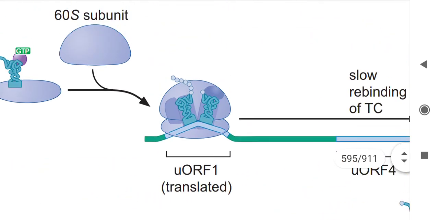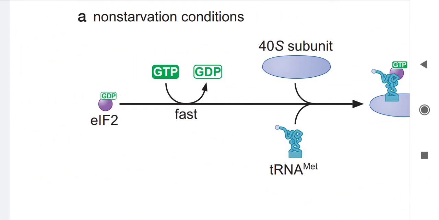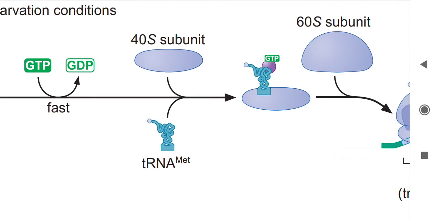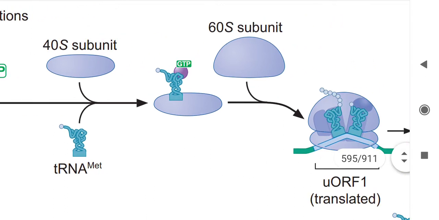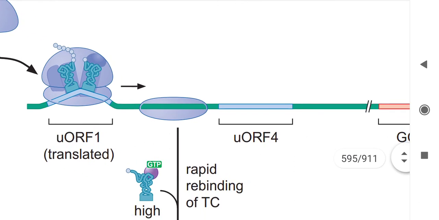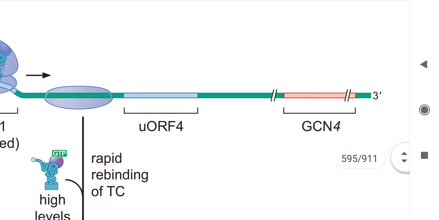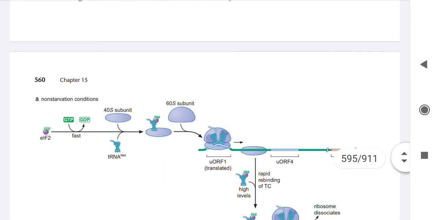But the same thing will not occur when amino acid is plenty. When amino acid is plenty, eIF2 is not phosphorylated, so it binds quickly to the small subunit and positions that initiator tRNA, because the amino acids are available. So why would the initiator tRNA not be available? It will also be available, and thus the ribosome will continue to translate these upstream open reading frames. But the strange thing is that after translation of the upstream open reading frames, the ribosome gets dissociated from the mRNA, so it fails to translate the GCN4 open reading frame. So no GCN4 protein is made.